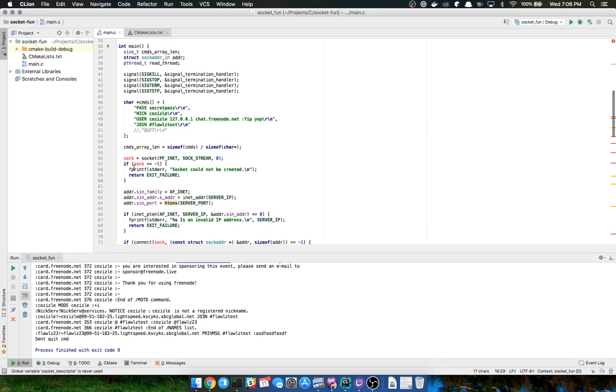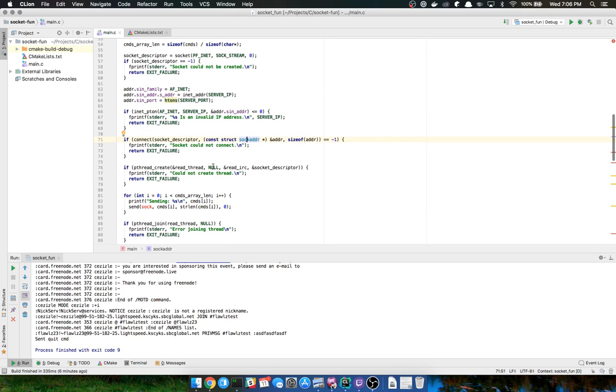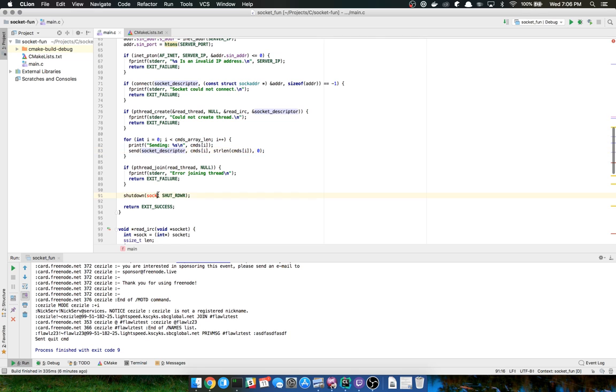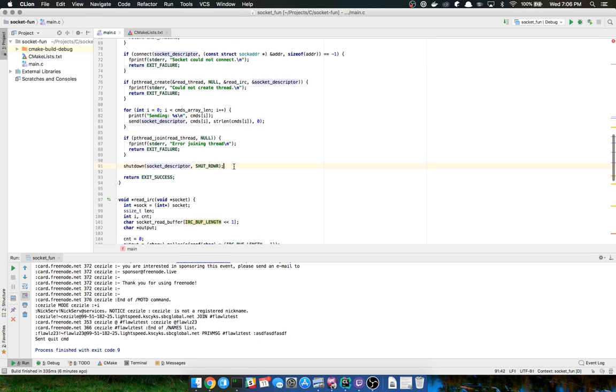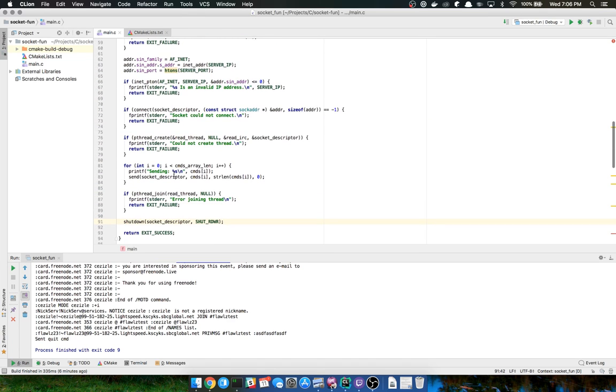So let's look for its usages. We'll go ahead and change that there. If that's not -1, that's my check. We're going to rename it there, and then we're going to pass in a reference to that here. We can clean up that next. And here's another good usage of that. And then here. Speaking of which, I'm going to go ahead and invoke that shutdown command as well.